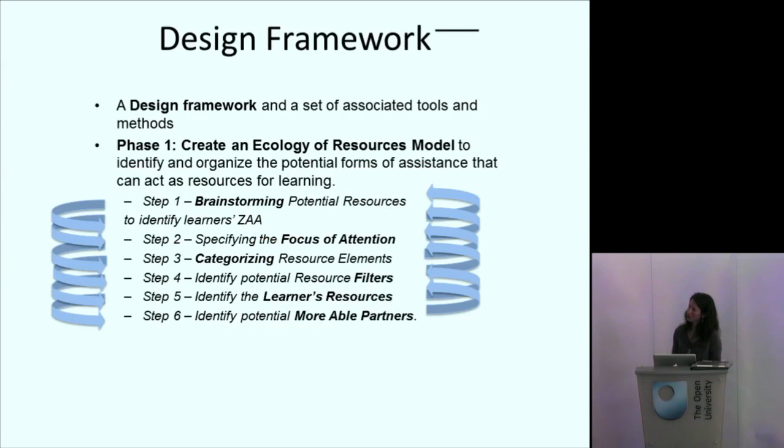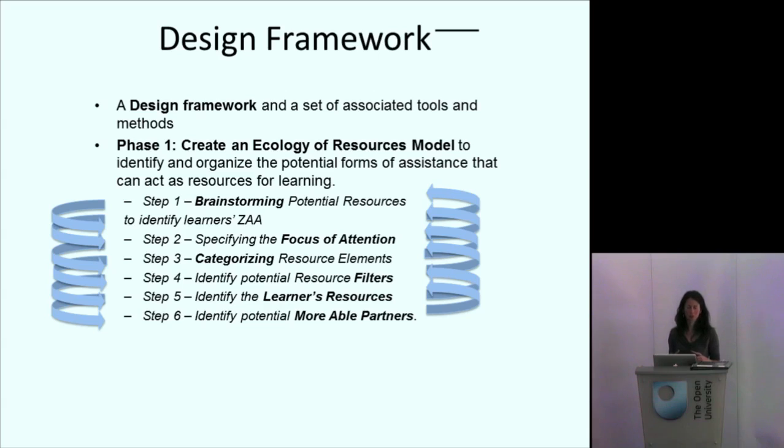So the framework is based on 3 phases. So phase 1 is very open-ended. It consists of 6 steps, and it's important again to point out these are iterative, so it's not like you go through step 1 and then you're finished with it. It's a process of going through the data again and again to kind of elaborate on the model as much as possible. So in phase 1, you start off with brainstorming the potential resources,